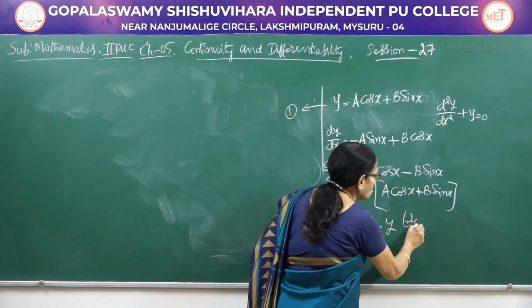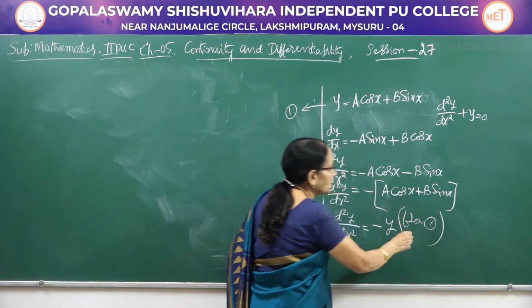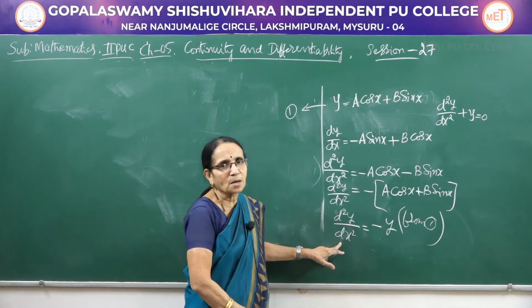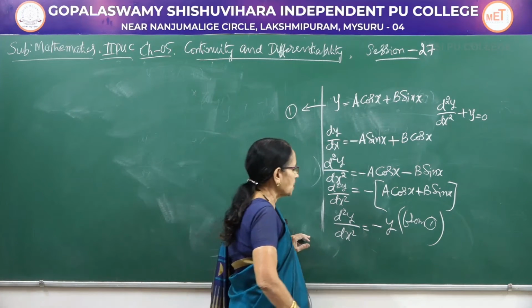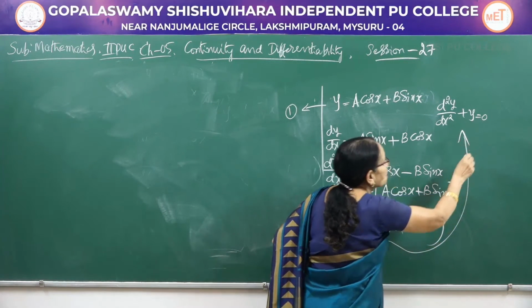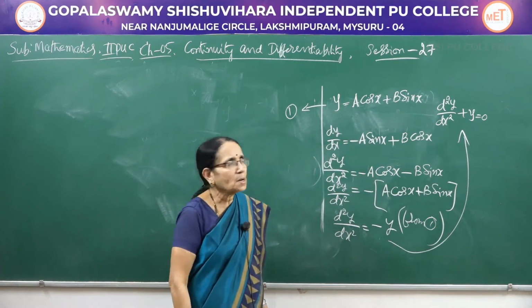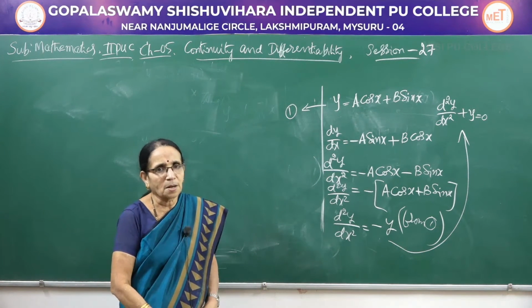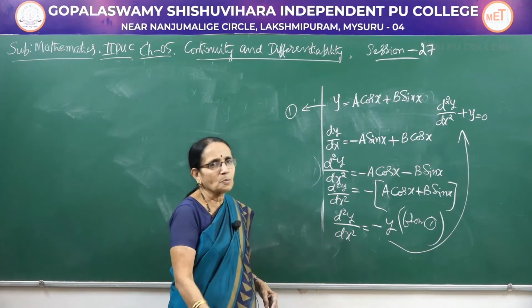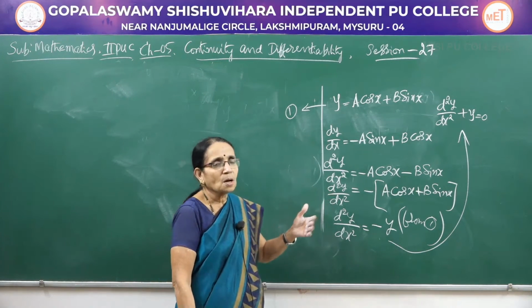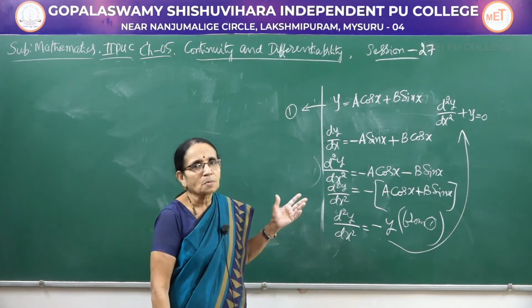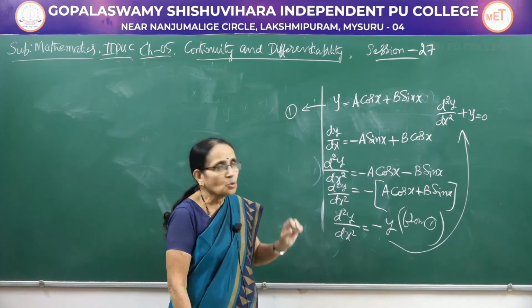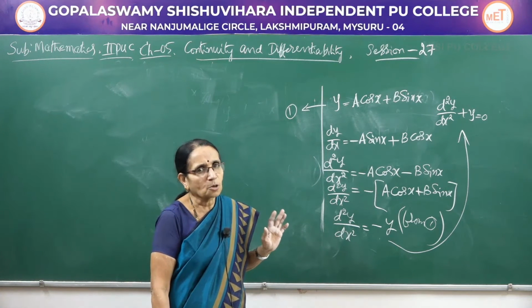If you had given a number for that one, you write from 1. Now take minus y to the left hand side. What happens? It becomes plus y. Therefore, from here we get the result: d square y by dx square plus y equal to 0. So that is expected here. Now usually such problems are given for a 2-mark question. The one I did, tan inverse x, there also, for such a problem also for a 2-mark question, a particular answer is expected.